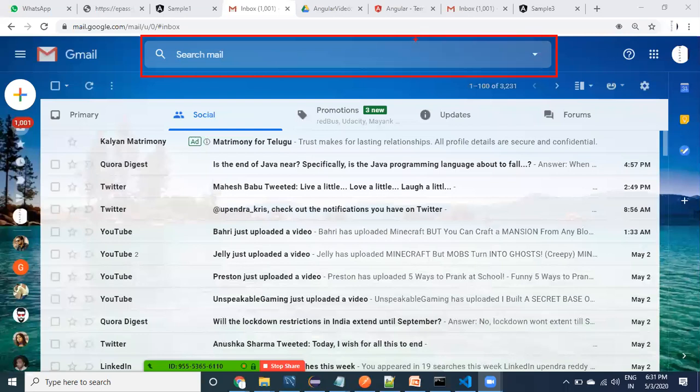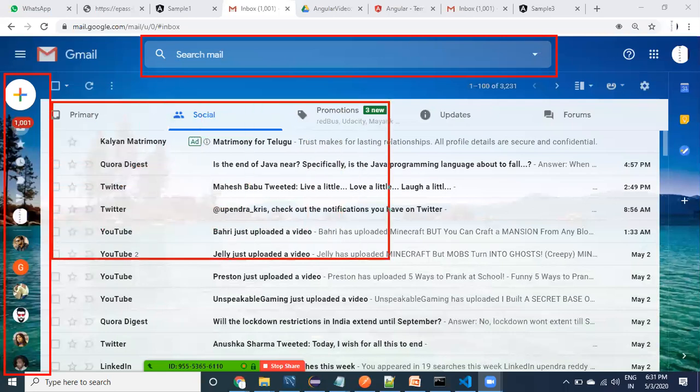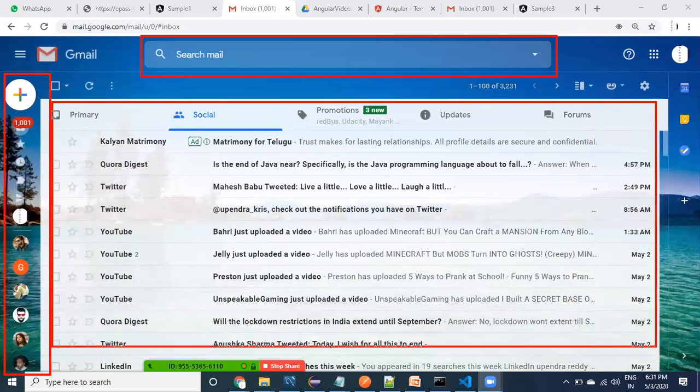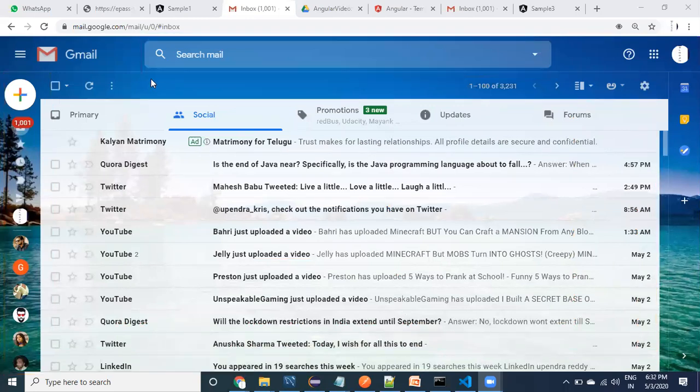I will ask another developer to develop this part as a separate component, and then another developer to create one more component.